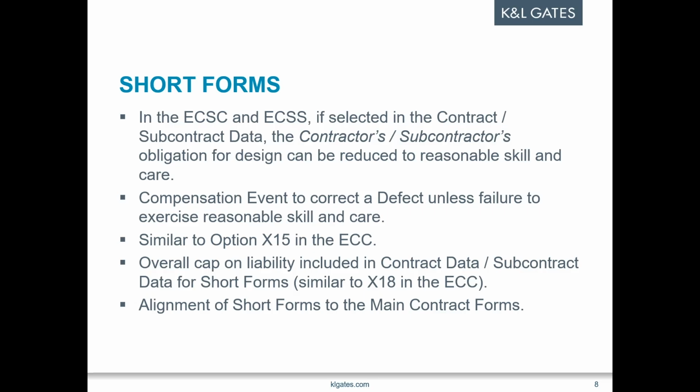So both the engineering and construction contract and the engineering and construction subcontract have the option X15, which provides the standard of care is the skill and care normally used by professionals designing works similar to the work. So this amendment really is just bringing those in line with that, streamlining those contracts so that it can be passed down to the subcontractors, or even just having it in the short contract. It makes sense, bearing in mind that they will have the same issues with insurers in particular, and so I think that one will generally be very welcomed.